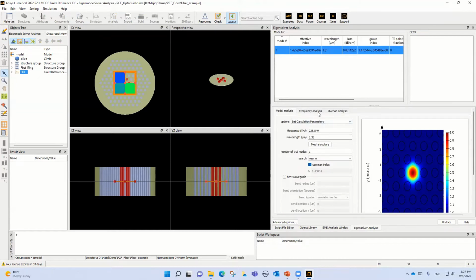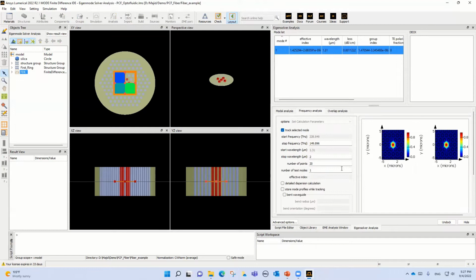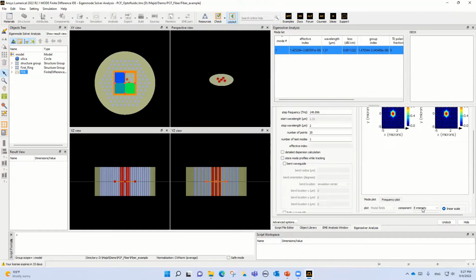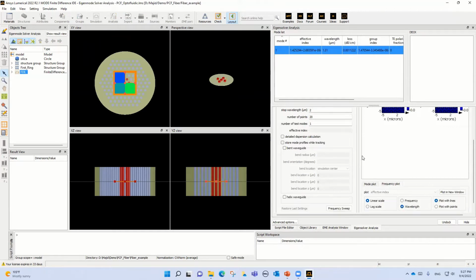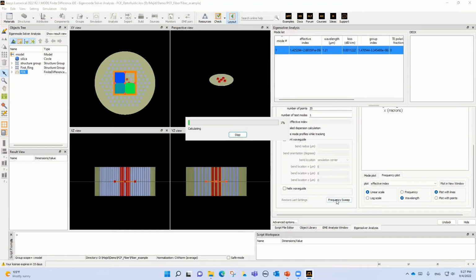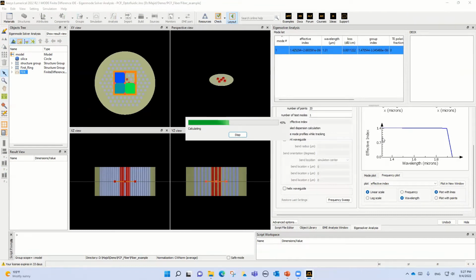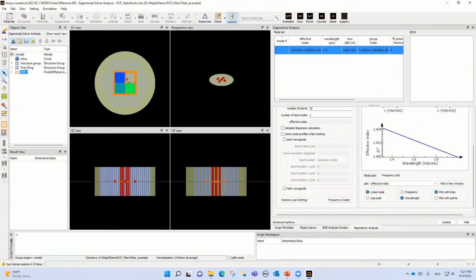Again, for frequency analysis, you can do the frequency job. You can calculate different parameters, for instance, a frequency sweep. I do it again, frequency sweep. So we have different kinds of curves and plots: effective index versus wavelength, dispersion,